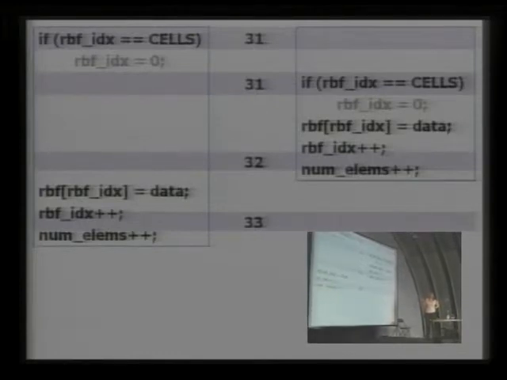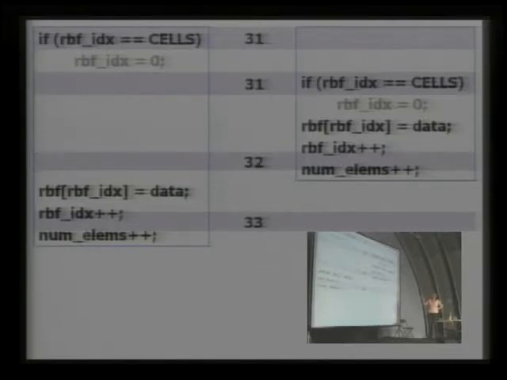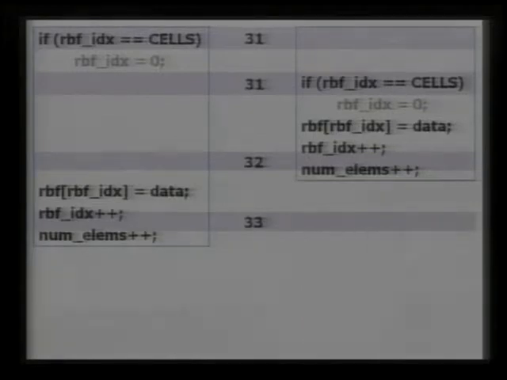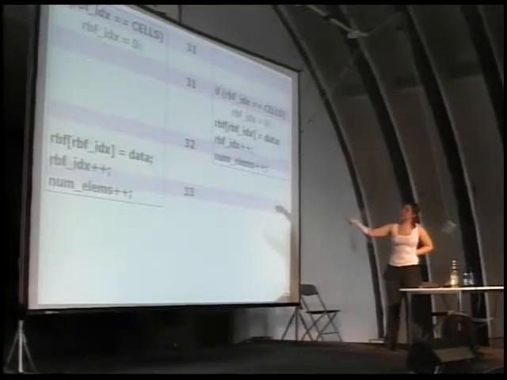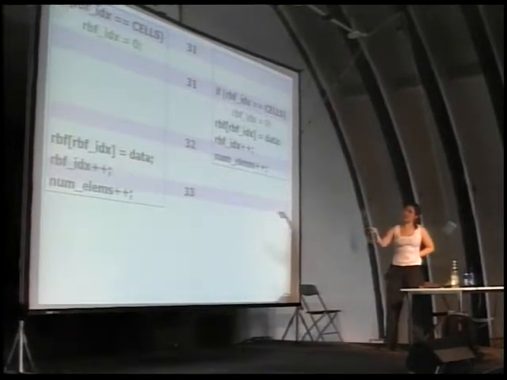The first thread comes in, checks whether the limit has been reached. Hasn't been reached, so this doesn't get executed. And at that point, it gets scheduled out for some reason. And another thread enters the same code, also sees that it still hasn't hit the limit, so this doesn't get executed, and stores its data into the 31st cell, increases the pointer to the next free cell, which is 32, which is beyond the limit, and at that point thread 1 gets scheduled in again, gets to run again,